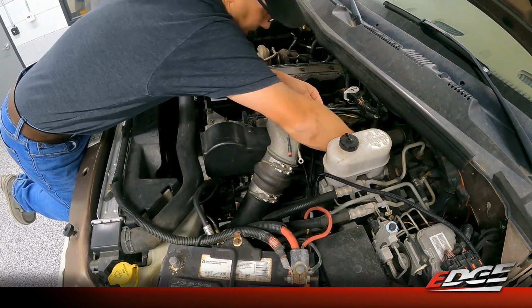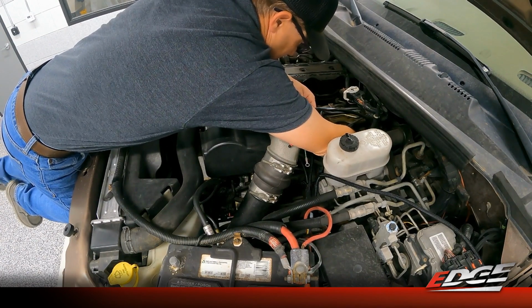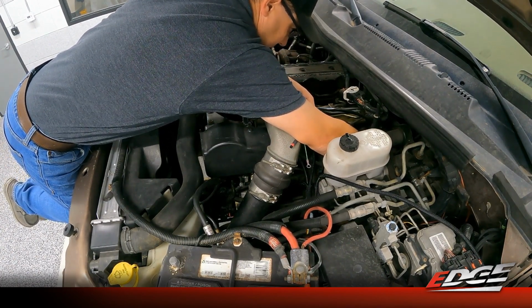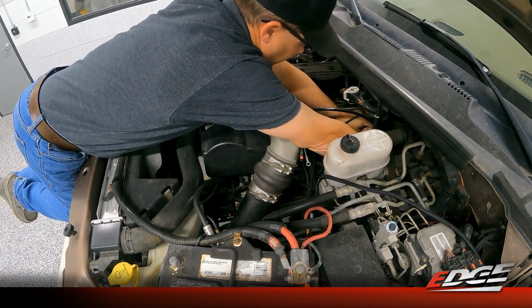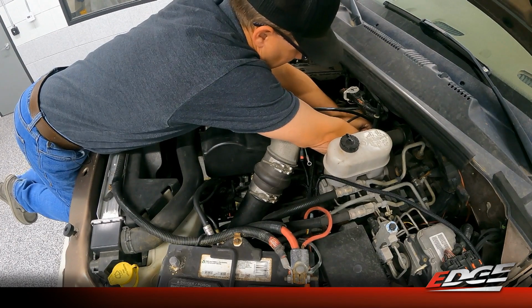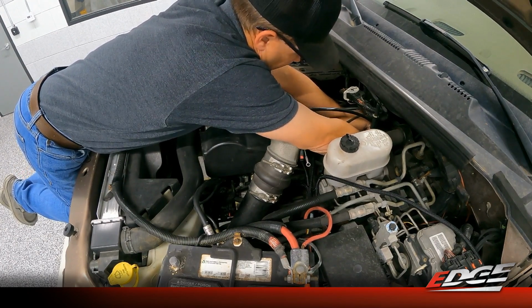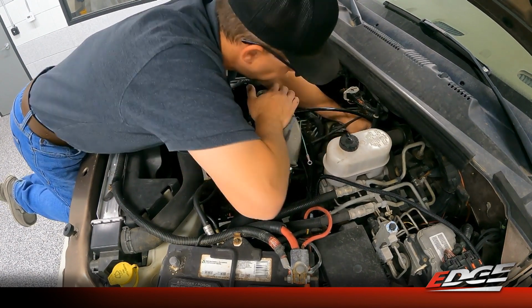But basically, we just need to unplug the factory harness, plug the new comp harness into the MAP sensor on the truck, and then the other end of that pigtail plugs into the truck's connector that we just disconnected from the MAP sensor. So we're basically just piggybacking that so we can interpret the signal coming from the truck. All right, we got that plugged in,